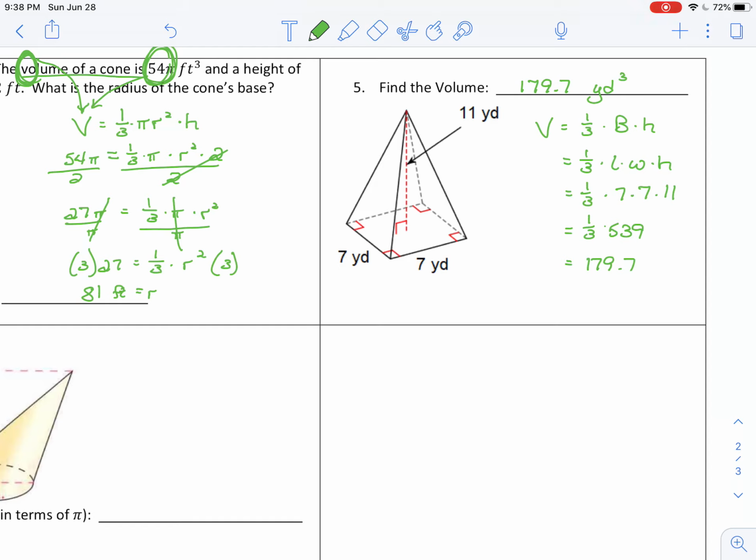Hey, Mr. Dresch, I'm not having them do fractional answers for any of these volumes that don't turn out nice. I'm assuming they don't show up on quizzes. He says they're not going to show up on quizzes like that, so we're just going to keep proceeding with